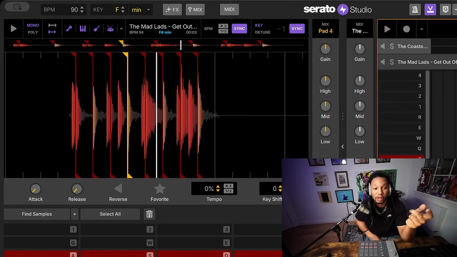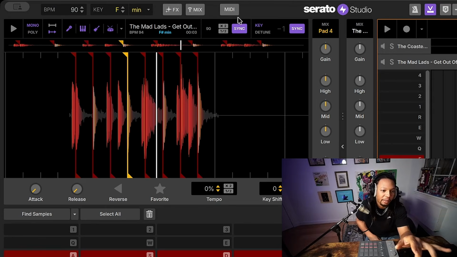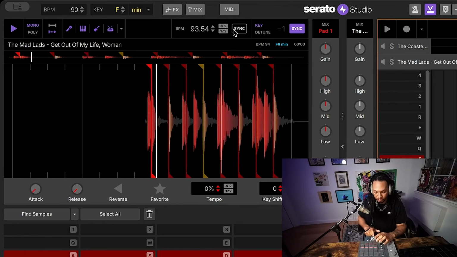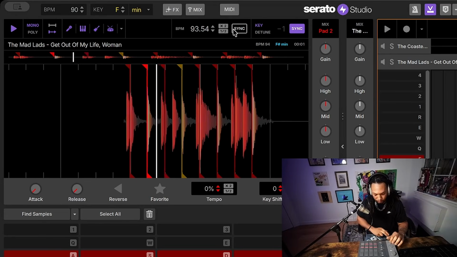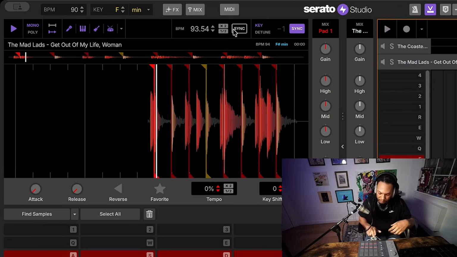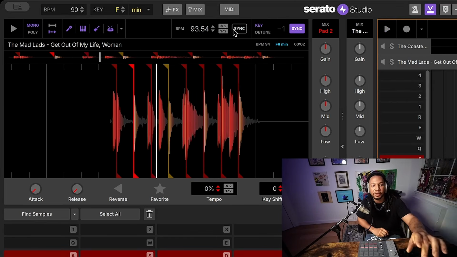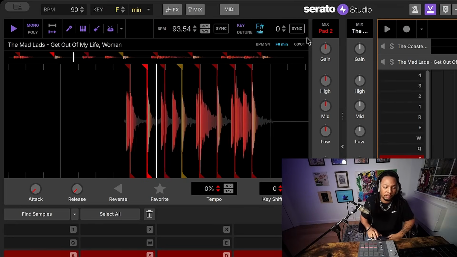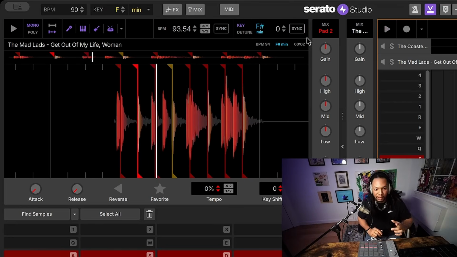Another thing you can know is that, and I will be using my mouse for this so I can demonstrate things and point in a certain way, but up here with Serato, if I take the BPM sync off, you retain more of the original sound. It's less warped, right? Same thing up here with the key. I can also turn that off, where now it's more sounding like the native sound that it had, right?